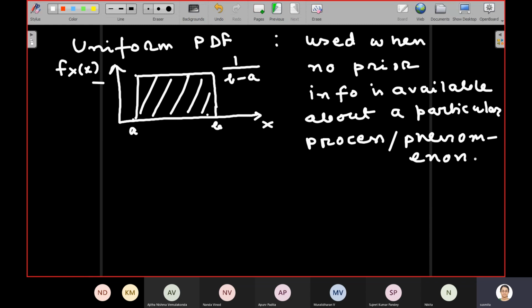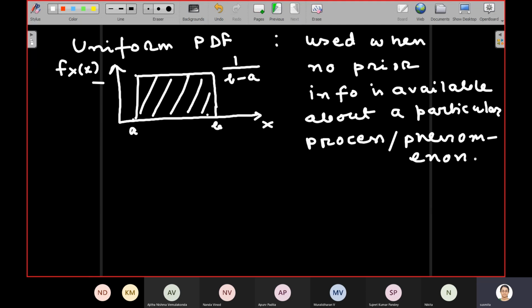So when we look at different algorithms, we see that we can incorporate some prior knowledge or prior information in the form of a distribution. In fact, we are going to do a simple problem today. There also you will see that this prior information is incorporated as a prior distribution. Okay, there is a particular name for that. When we have no information about which value is more likely, we just use the uniform PDF as the prior distribution. Okay. So that's all about the continuous random variables.